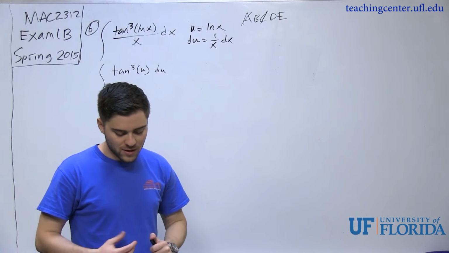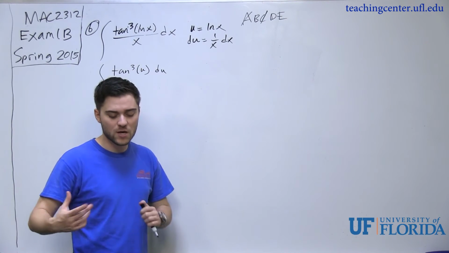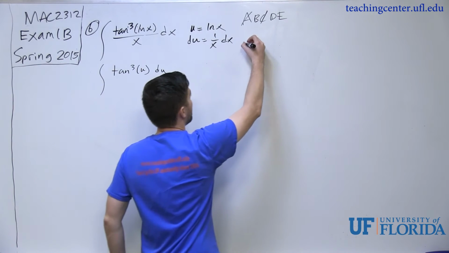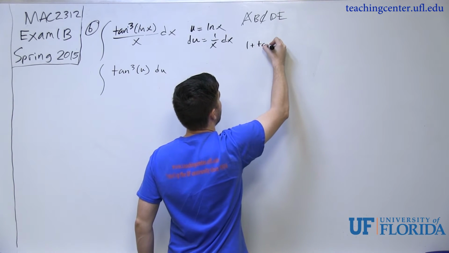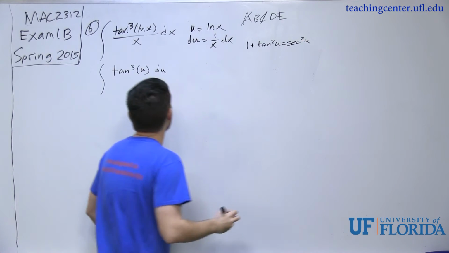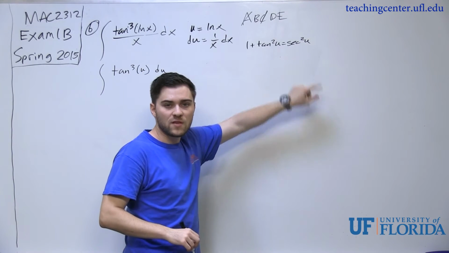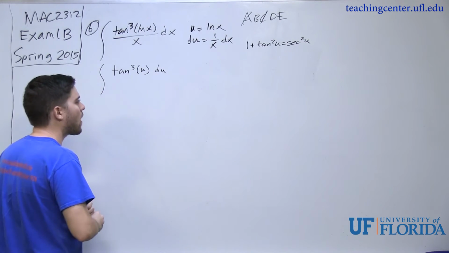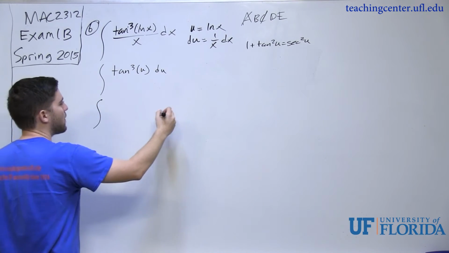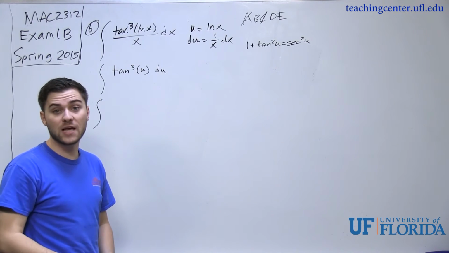Now, looking at the rest of them, they all look like they involve tan squared theta plus 1 equals secant squared theta, which is the trig identity that we know. So if I write 1 plus tan squared u equals secant squared u, I have a tan cubed here, so I can potentially convert one of these terms into secant squared u minus 1. Now, will that do me any good? I'm not sure, but that's the only way I can really use this identity,